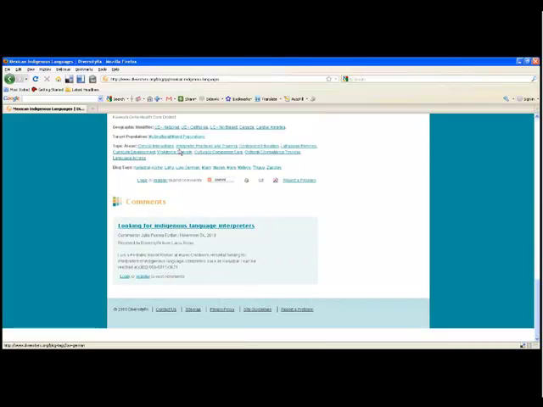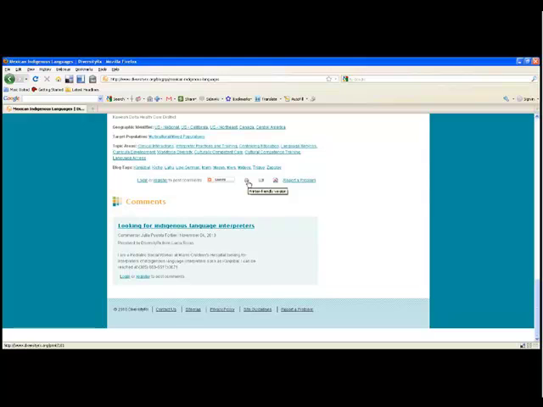And while we're here, let me just point out a couple of other things to you. You'll see that we have some utilities. We've got a share box, which allows you to email this page to yourself or to somebody else. You can post it to your Facebook page. You can save it on Delicious. And there's 305 other options, which I have to admit I don't always use very many of.